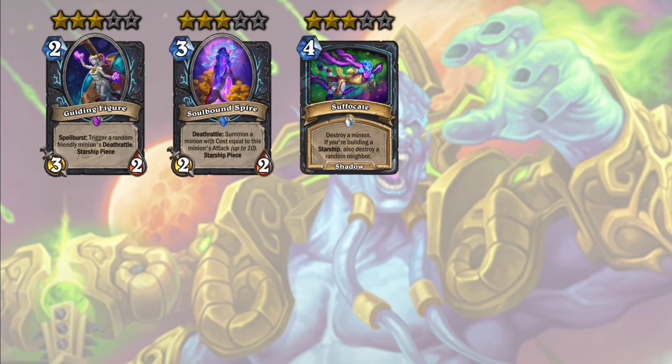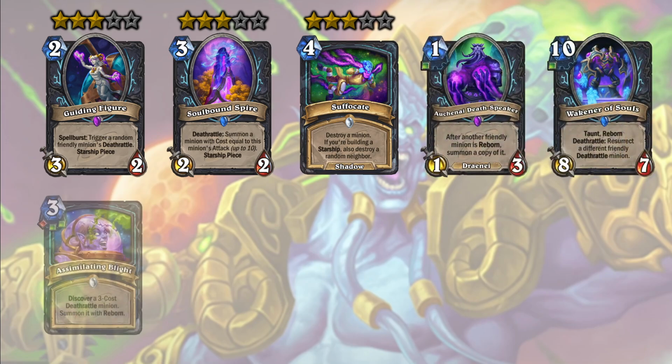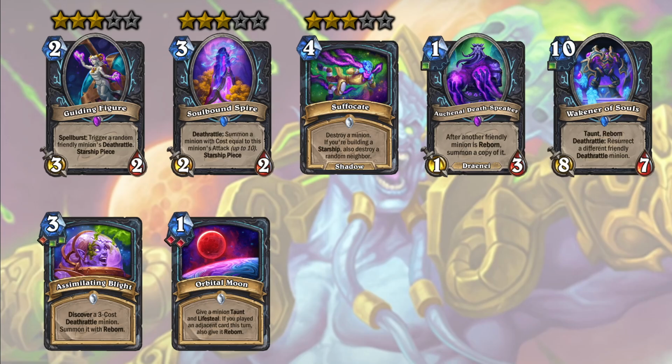I think, at best, this will be a tier 3 deck. I was very close to putting it into tier 4 deck territory, but there's enough intrigue, there's enough potential value from doing this that I think it could be worth it, but generally speaking, I think most decks will get under this archetype. There's then another package about reborning minions with Orkanai Deathspeaker, Wakener of Souls, Assimilating Blight, and Orbital